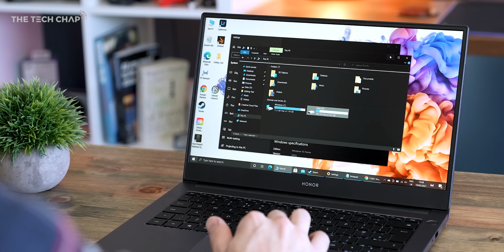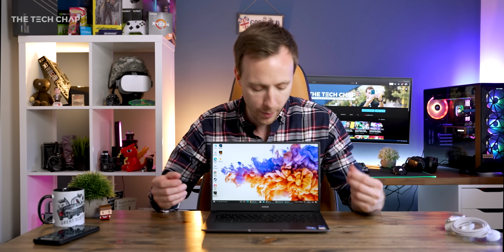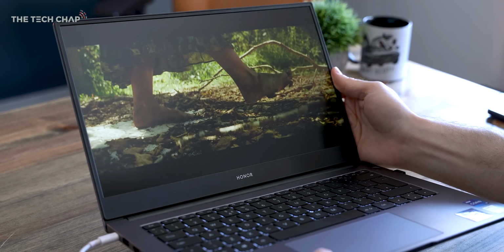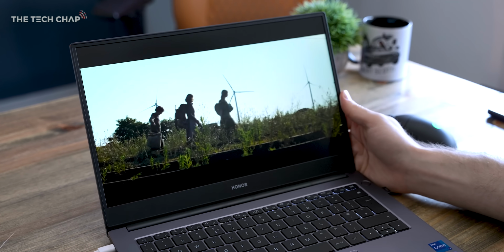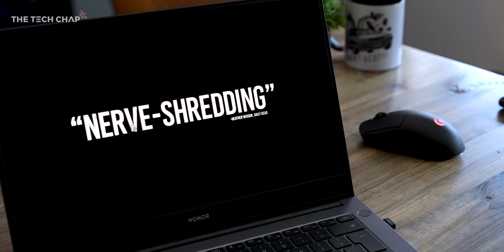Now, question for you guys. Do you prefer a glossy or a matte screen on your laptop? There are kind of pros and cons for each. Glossies generally are a bit more contrasty and can make colors pop a bit, but personally I quite like a matte panel like we get on the MagicBook here, because it means you don't really have to worry about reflections as much, and it just makes it easier to use outdoors. And considering that this is supposed to be a bit of a portable travel companion as well, it's all about that powerfully compact tagline, having a matte screen I think is quite a good choice. But I would genuinely be curious what you guys prefer between matte and glossy, so let me know in the